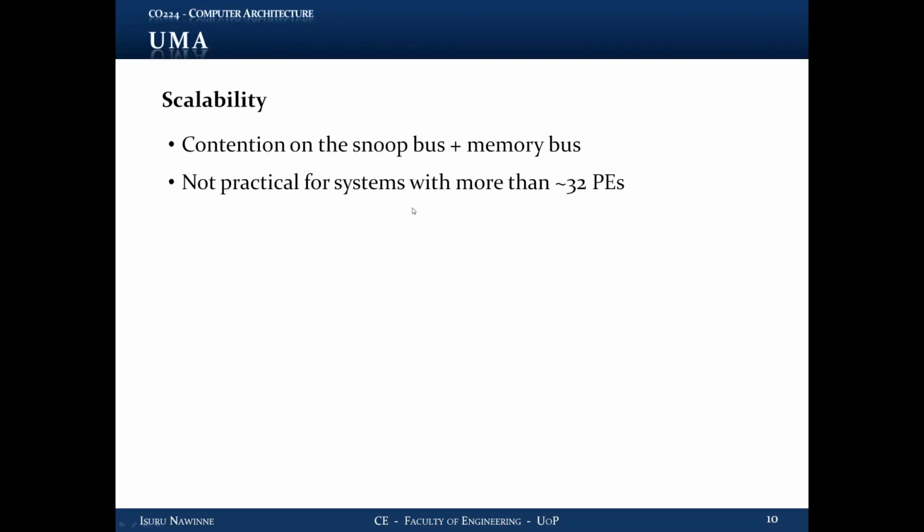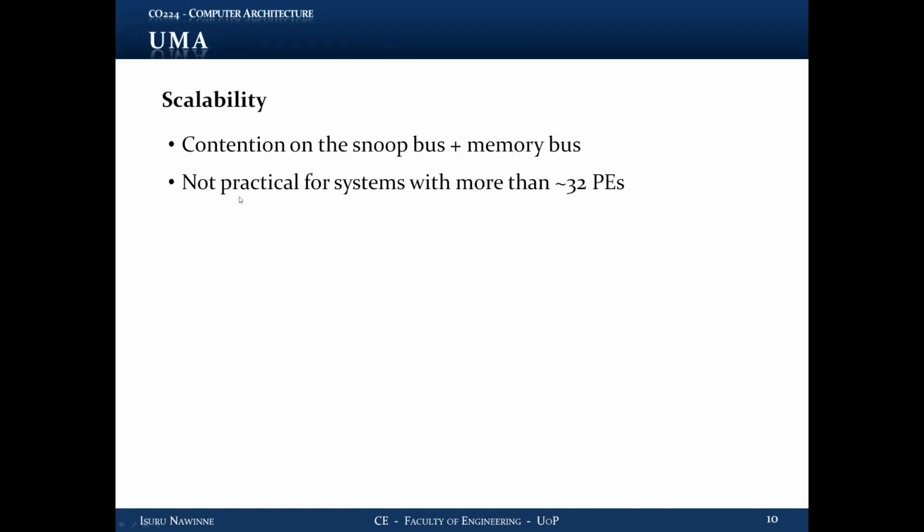But when you have a large number of processors, like 30, 40 processors, there is contention on the snoop bus and contention on the memory bus. All these processors might want to access the memory at the same time, right? So mostly on the snoop bus, but on the memory bus as well. So that contention is going to make the system slow down